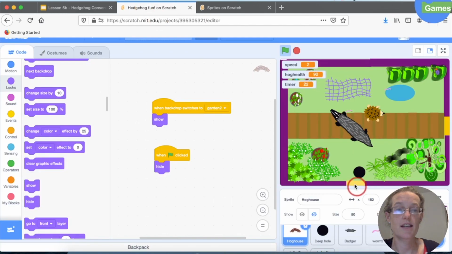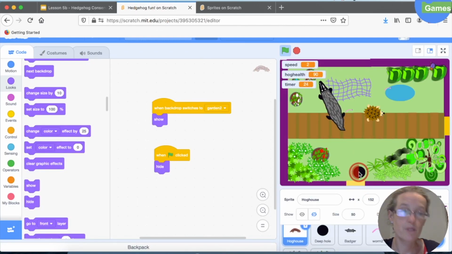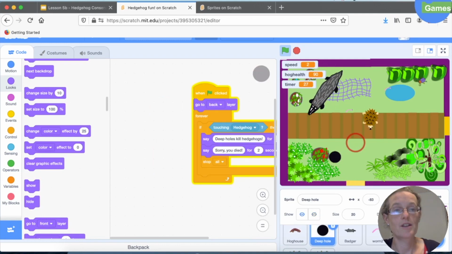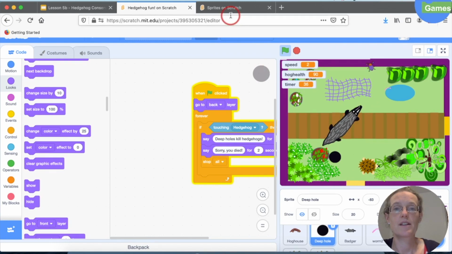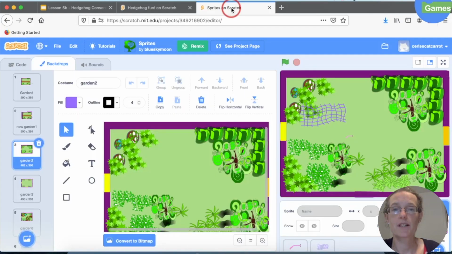So this gate here, we've got a hole in the way. So I'm going to move my hole out the way because that would be a bit nasty, wouldn't it? So if the hedgehog goes down to the bottom gate, nothing happens. So we need to change the code for that one. So we're going to add,